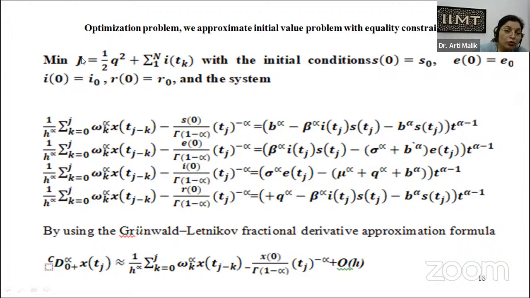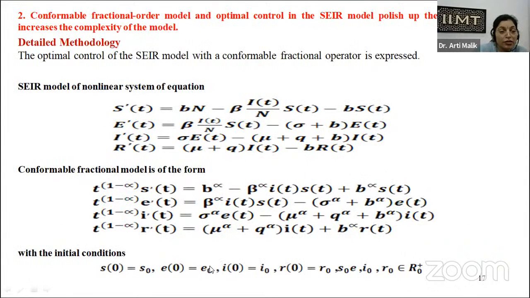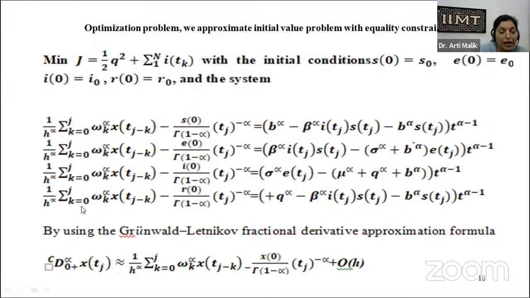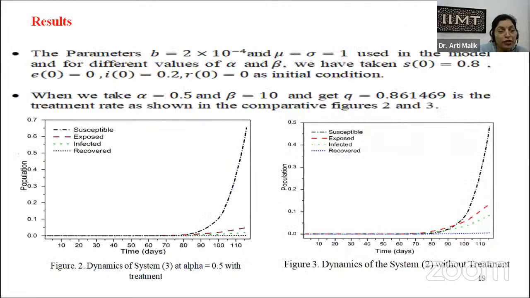Now we will optimize the problem and get the equality constant with the initial condition. And now we will use this equality constant in our previous model, the conformable fractional derivative model, and use the Grunwald-Letnikov fractional derivative approximation formula to solve this conformable fractional derivative optimization control problem. After using these formulas, we get the parameter b equal to this, mu and nu equal to 1, and these are the initial values. And now we will take the power of the derivative equal to 0.5 and beta equal to 10